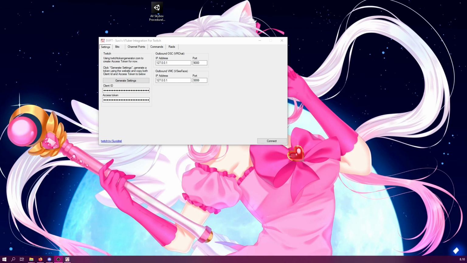Okay, so when you start the Twitch integration, you will first see this kind of a dialog, which is the settings panel. In here, you will first need to generate an access token and a client ID for your application. Now, if you're watching this video much later, this part may have changed. I may have changed it with an easier system. But for now, we are temporarily using twitchtokengenerator.com to create a client ID and access token for ourselves. So to do this, simply click the Generate Settings. This will open up your browser and take you to the